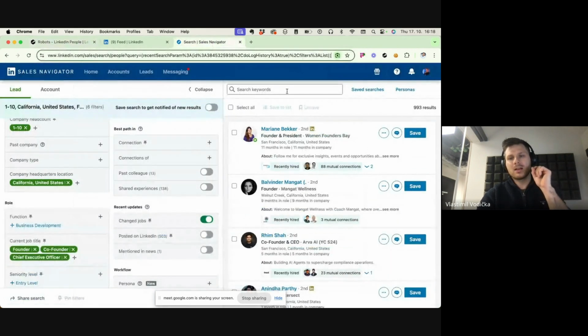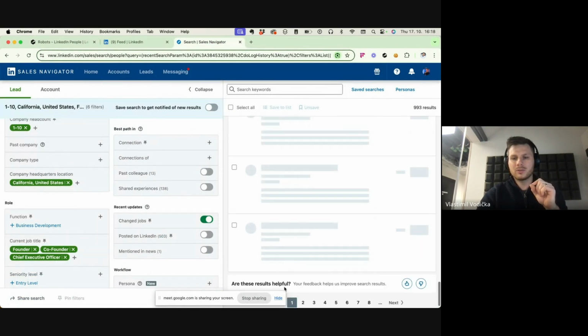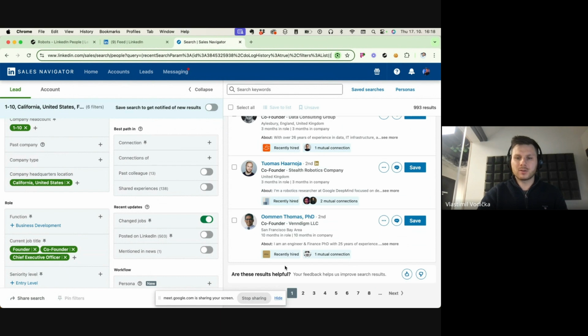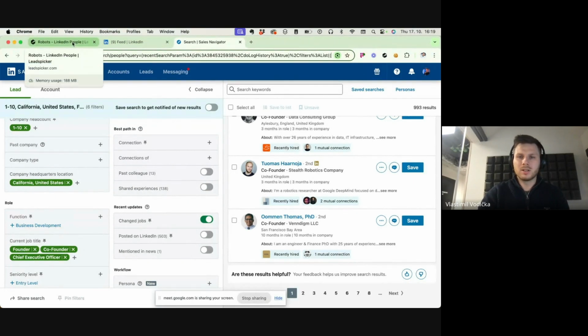One interesting fact: Sales Navigator always gives you 100 pages, and there are 25 contacts for each page, which is 2,500 people. If you need to get more, there's a very simple way to go around this. You can just split the search into multiple filters, dividing it by country, city, or maybe firstly getting only founders, co-founders, and you can create multiple searches with a robot. With this, we have users that do tens of thousands of profiles to do proper research before they find the really relevant ones